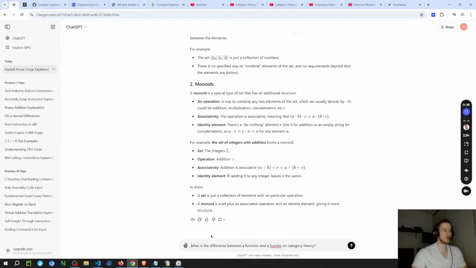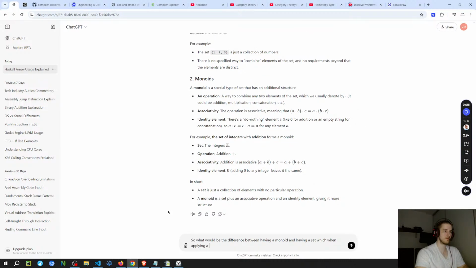So I'm going to think about a way to ask this before I ask about functors and functions, because they're obviously related. So maybe, what would be the difference between having a monoid and having a set which, when, transformation